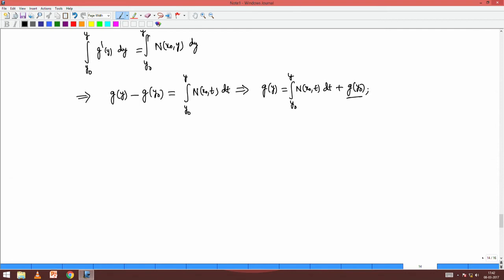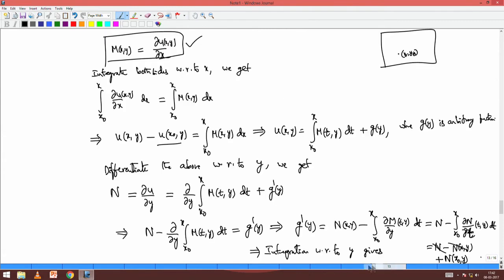Actually, this is an arbitrary constant because g is unknown. So, this g you go and put it into your equation, you know what exactly the form it takes. U is this, you put it here, u form is this. So, this u is,